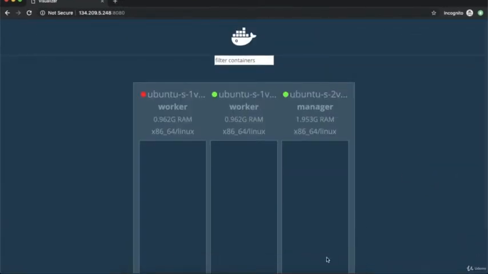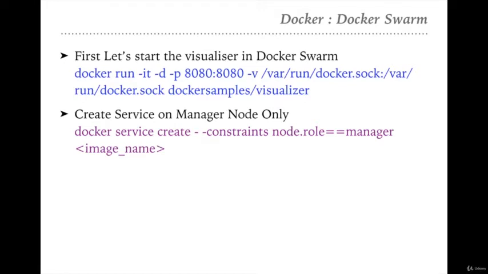Now let's move further. Suppose first we want to see how we can execute a particular service on the manager node. For this we need to define the service constraint. And how can we define the service constraint? We need to append --constraint inside the service command. If we are using the YAML file, then we need to define the constraint as a separate label. We will see how to use the constraint in the YAML as well. First, let's see how to define the constraint when executing the service command.